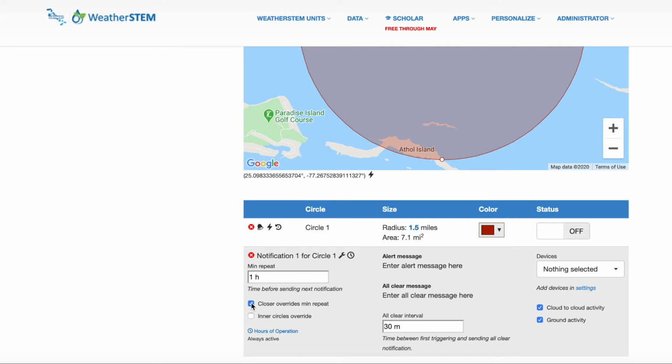The closer override allows you to specify that if a lightning strike occurs closer to your location than the last one that triggered the alert, the min repeat setting will be disregarded and a new notification will be sent. The inner circle overrides allow you to specify that if lightning occurs within a smaller radius circle on your map, if you have multiple radial circles, the minimum repeat setting will be disregarded and a new notification will be